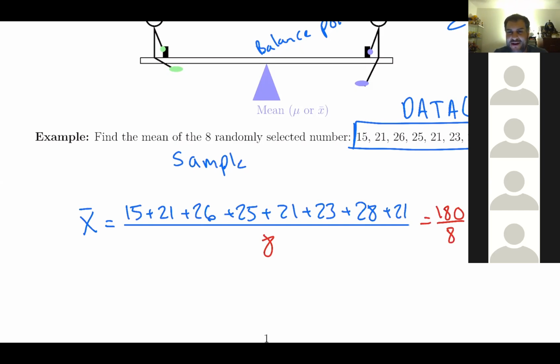Any questions regarding how to find that average? And yes, remember, this is the sample mean. And just remember the sample mean is the balancing point. So essentially all numbers are going to be around this number. Now for this one, you don't want to round it up. You just want to leave it as is. You only do the rounding when we're doing the histogram. So only for the histogram; for everything else, you usually just use the exact number. All right, so let's go on to the next problem.